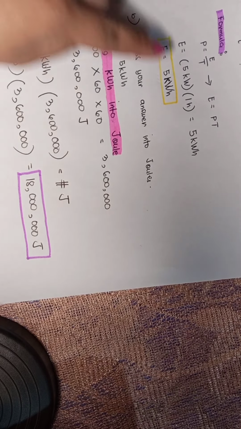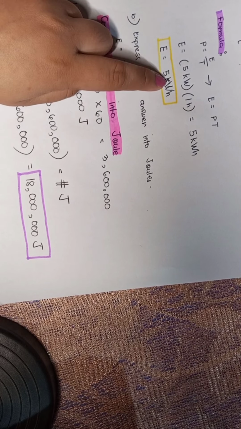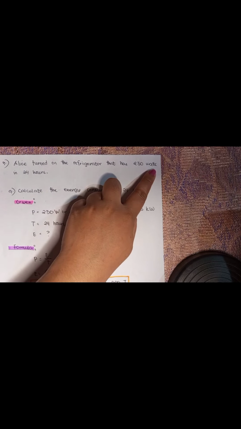So the value of 5 kilowatt hour, if we convert it into joules, will be 18 million joules. So now let us proceed to number 3, which is Alice turned on the refrigerator that has 250 watts